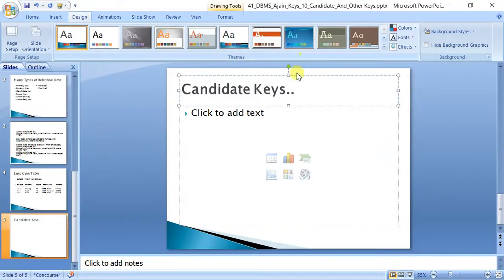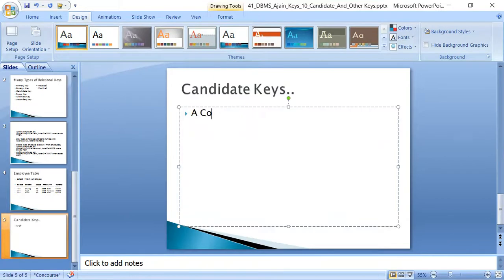So what is a candidate key? A column which has the features of becoming a primary key. Okay, this is one definition. Or you can say a column which has certain type of values that fulfill the requirement of a primary key is known as a candidate key.